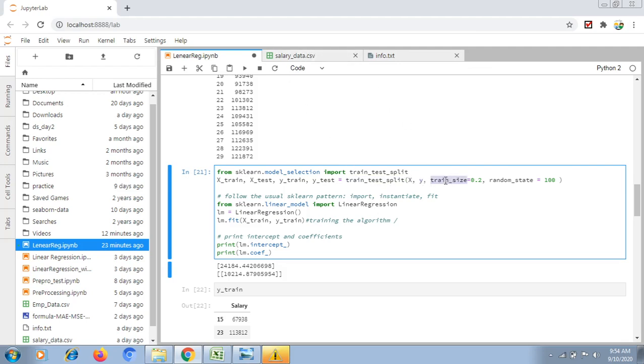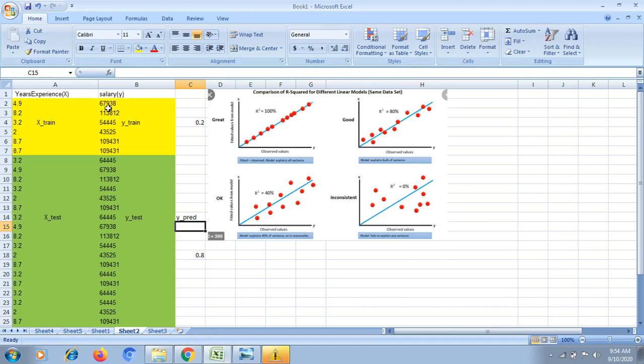Here I am mentioning how much data should be considered for training and how much for testing. Here I mentioned train size is 0.2, which means, for example, out of 30 samples, only 6 samples will be considered as the train set, and the remaining will be considered as the test set.